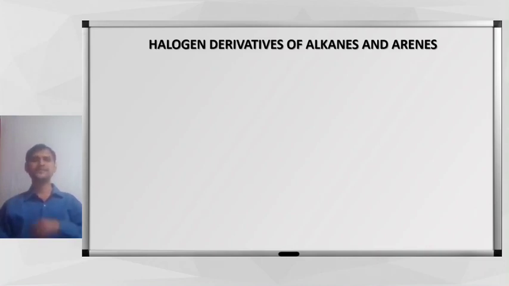Organic chemistry basically deals with the study of carbon reactions and the reactions of heteroatoms like N, P, O, S, that is nitrogen, oxygen, phosphorus and sulfur. Organic chemistry also deals with reactions. There are four main types of reactions: first, addition reaction; next, elimination reaction; next, substitution reaction; and last, rearrangement reaction. For this topic, halogen derivatives of alkanes and arenes, we are basically interested in substitution reactions,